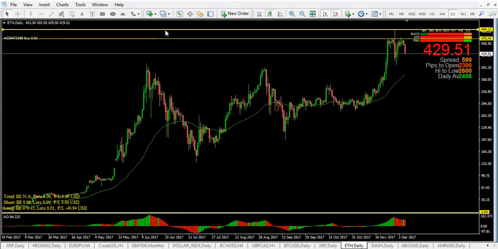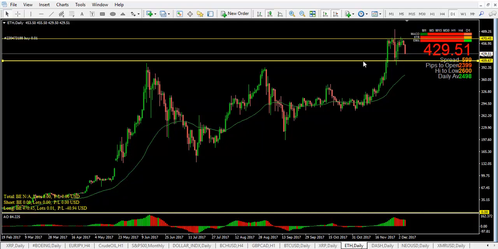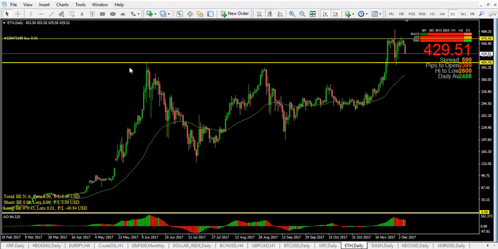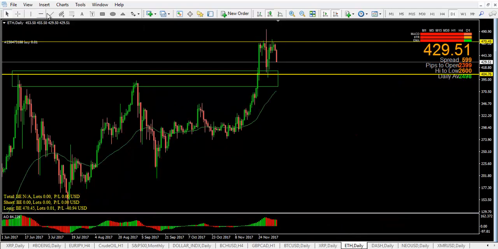Now you can take the breakout 494.12, 495 could be a buy entry as a breakout. If you want to pull back, what's resistance often becomes support. So here's a proof. This resistance was broken, then the price went up, came down, and bounced back from here. So there are two plans: buy the breakout, or buy the pullback at this area,